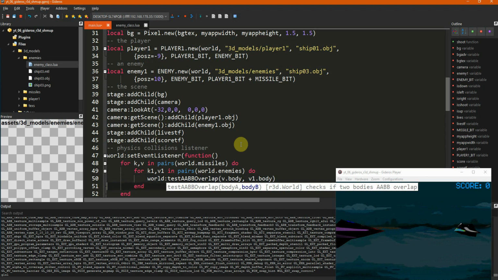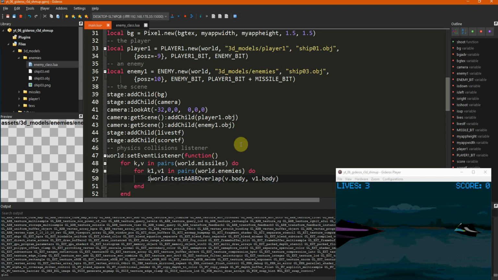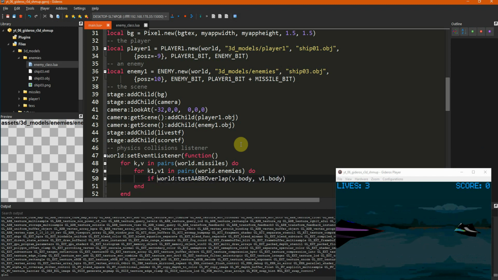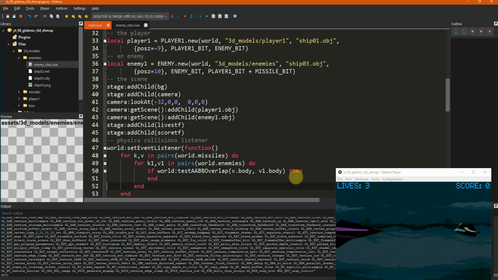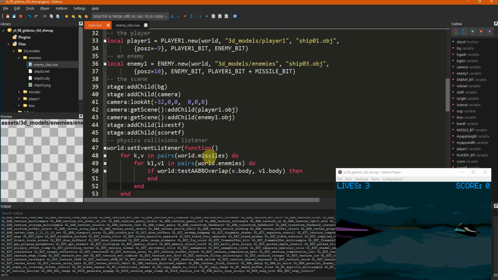And I need to add an if statement. If world test AABB overlap body1, body2, then we do some stuff. So if any missiles or enemies in the list, if any of them overlap, meaning they collide, we do some stuff. Then we do, for example, we take the score here and we increase the score.